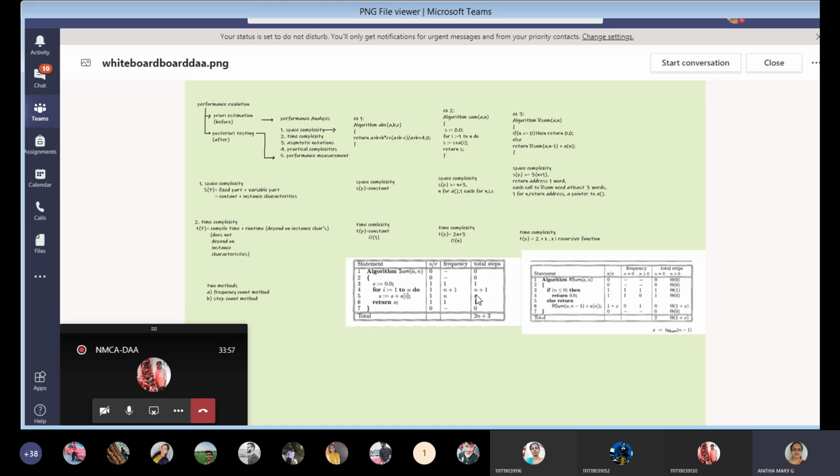And then n. Or else you just consider the n values in this total column. How many n's are there? 2n's. So 2n plus whatever the constants, 1, 2, 3. So 2n plus 3. Whether we take the frequency count method, the step count method, or the tabulated method, we are getting 2n plus 3 for this algorithm. So we write the time complexity as 2n plus 3, and we represent that as order of n. We remove all the constants and numerical values, and represent only the polynomial.